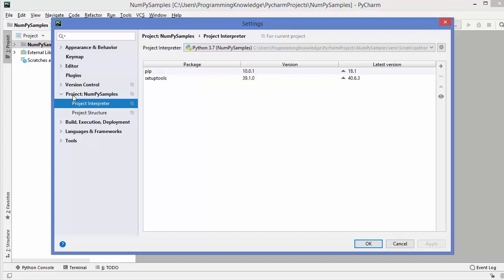So go under Project, and then click on Project Interpreter. I have already clicked on this Project Interpreter, and here you can see pip and setuptools are there. So here on the right hand side you will see this plus symbol,